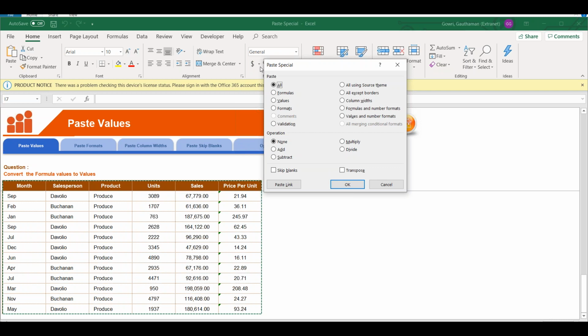Okay? So here, see this All option, what you see, it is just like your